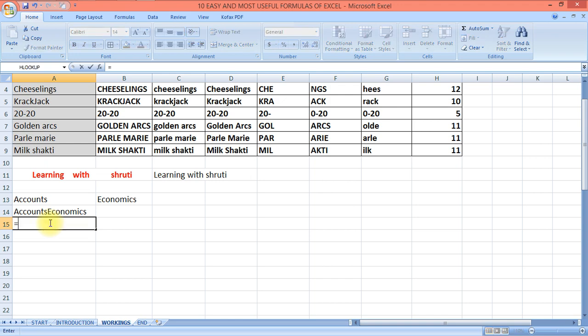What I'll do here is equals to concatenate. I select the first text, comma, and in inverted commas I'll put whatever I want in between the texts. I want a space between accounts, and I want to join it with "and" and another space, inverted comma, comma, the second text,